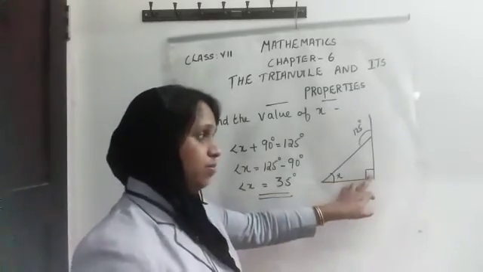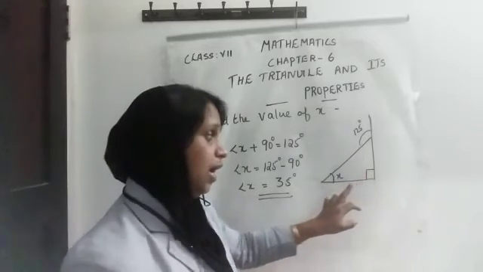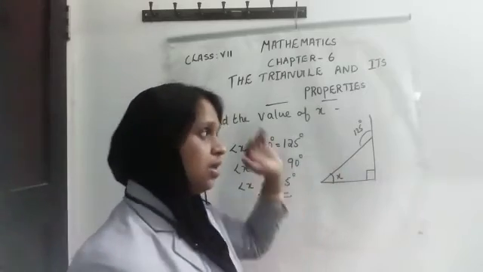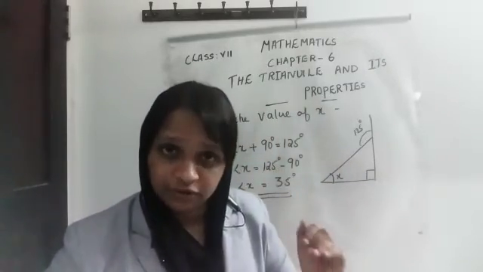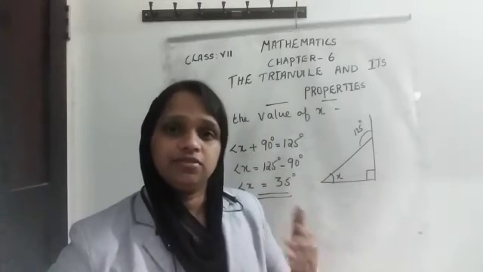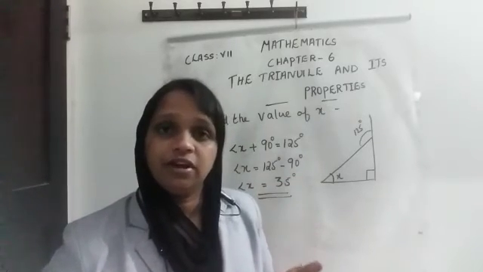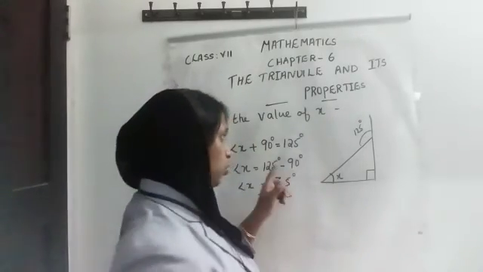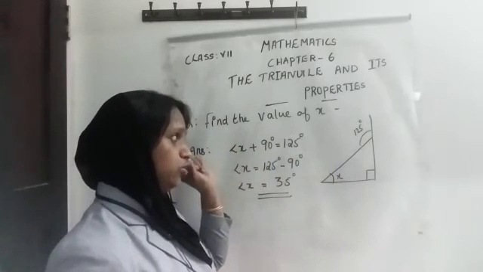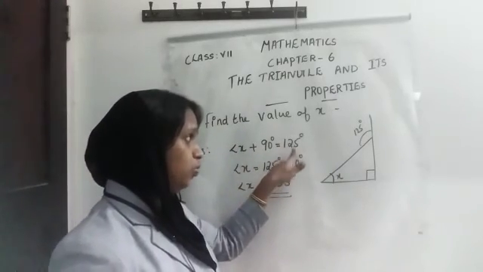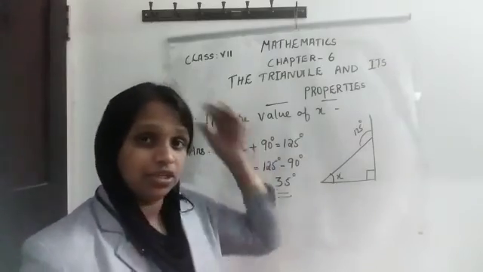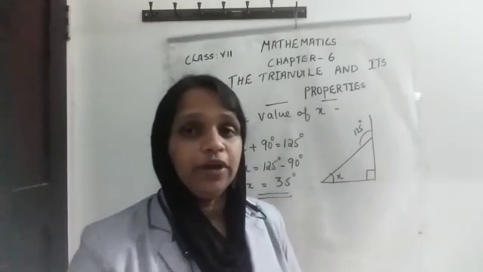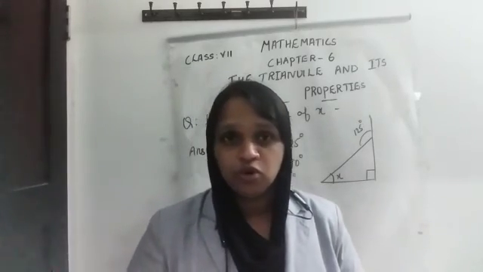So here this square means it is 90 degree, and here we want to find x, and x and 90 degree are interior angles, and an exterior angle 125 degree is given. So we can apply the exterior angle theorem. That means exterior angle is equal to sum of interior opposite angles. So x plus 90 degree is equal to 125 degree, and angle x is equal to 125 degree, this plus 90 changes to minus 90 degree, and angle x is equal to 35 degree. So students, hope you all understood.